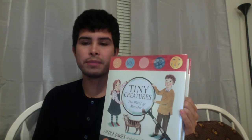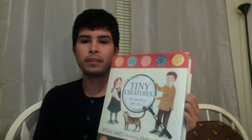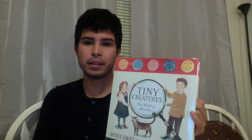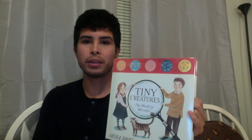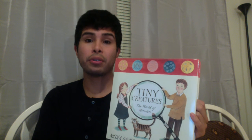All of the information depicted in this book is aided by the use of colorful illustrations that give the reader more of an idea of how small and numerous microbes are. All of the information is presented with facts that are accurate and not misleading. The author describes the functions that microbes have, including where they live, how they reproduce, and why they are important